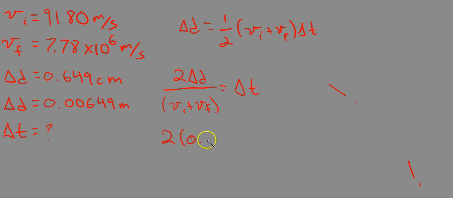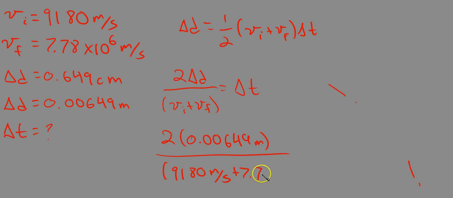So I'll put in 0.00649 meters on top, divided by 9180 meters per second, plus 7.78 times 10 to the 6 meters per second. And you'll notice here I'm going to have meters divided by meters per second. The meters will cancel and my seconds will come up to the numerator, so I'll be left with seconds in the end. Now I have already worked this out, and my answer here is